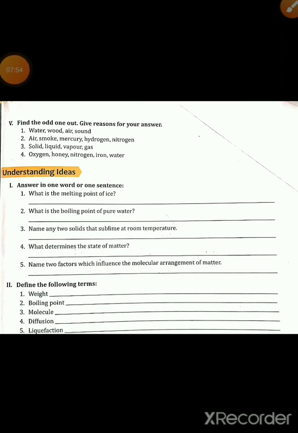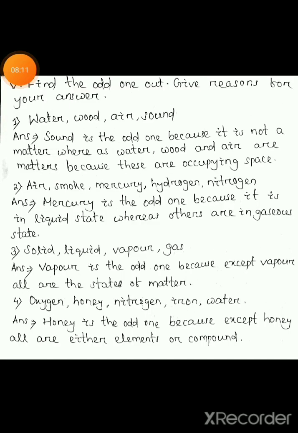Fifth part, that is find the odd one out, give reasons for your answer. So 4 questions are given and in each question some options are given. We have to choose which is the odd one and why. We have to write. So first one, water, wood, air, sound. So how we can write? Write in this way. Water, wood, air, sound. Sound is the odd one because it is not a matter, whereas water, wood and air are matters because these